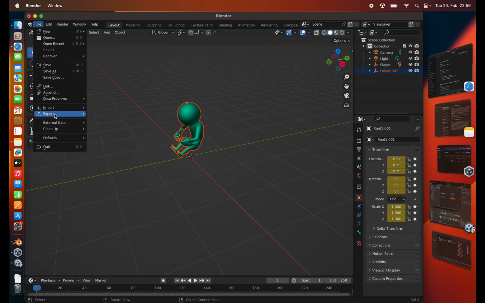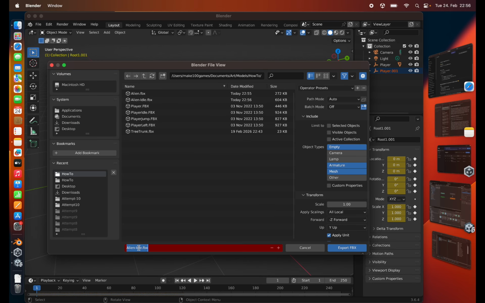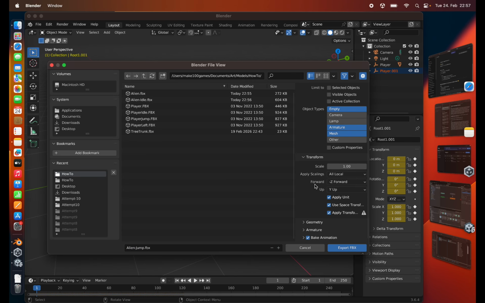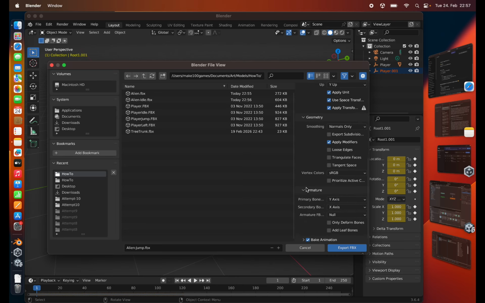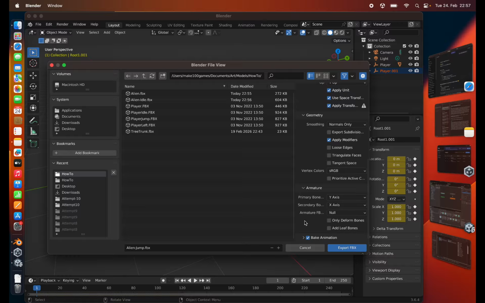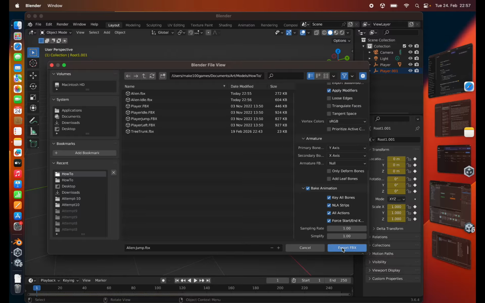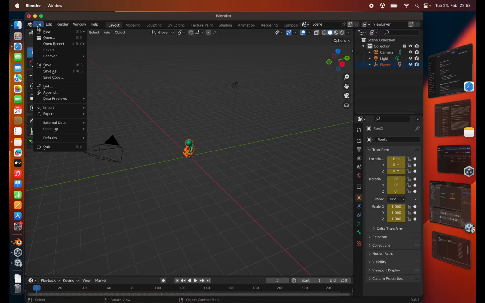And we export again. Call this one alien jump. Everything's good here. Apply transform. Apply modifiers. Armature: add leaf bones? No. Bake animation, everything, yes. Export. Create a new file,